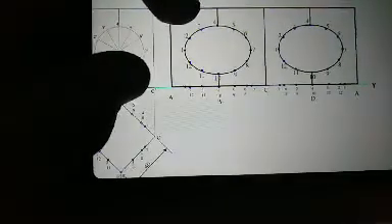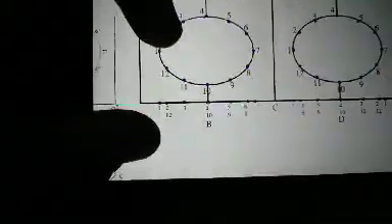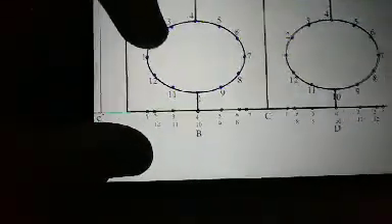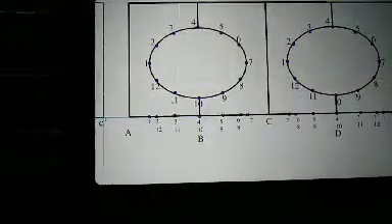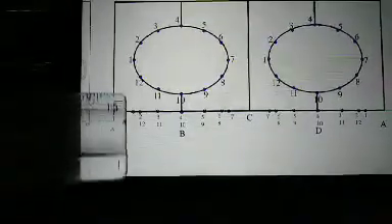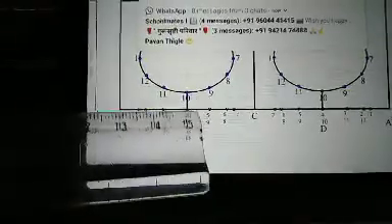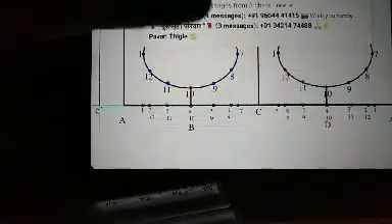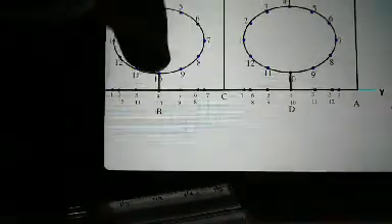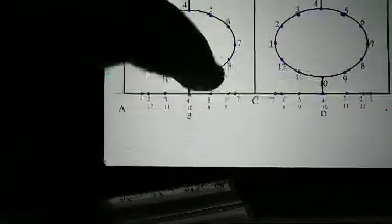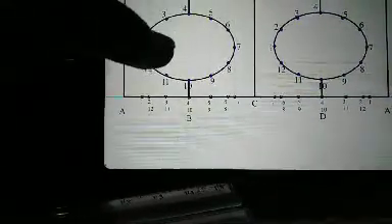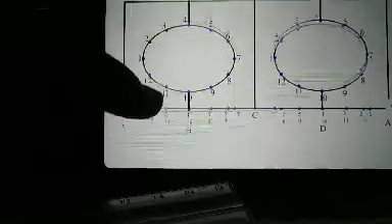After marking all these points in front view, you will get the development points. For the development points, you will get A 1 2 12 3 11 4 10, that is itself on B, and 5 9 6 8 7 C 7 6 8 5 9 4 10 3 11 2 12 1 A.